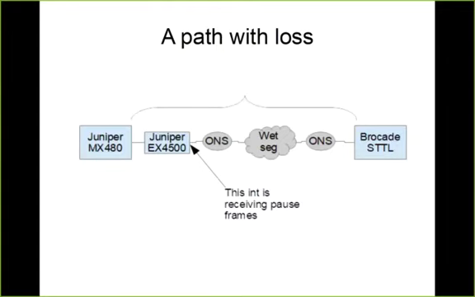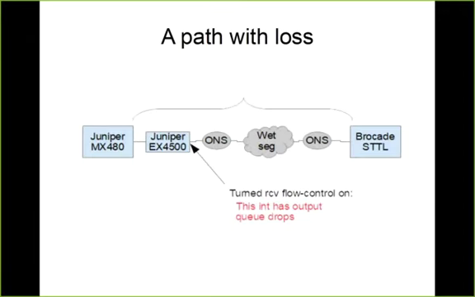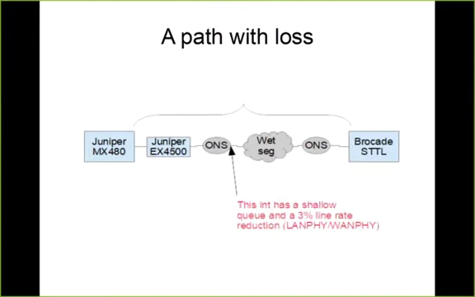So we put everything back together because we weren't ready to extract the EX4500, and we turned the reception of flow control, or acting on flow control pause frames, on, and all of a sudden the EX4500 had Q drops. So in turning on flow control, we absorbed the Q drops from the next box, which turns out was the ONS. So the Cisco ONS, of course, has LAN-PHY on the left side and WAN-PHY on the right side, and so it has approximately a 3% line rate reduction and a shallow queue,